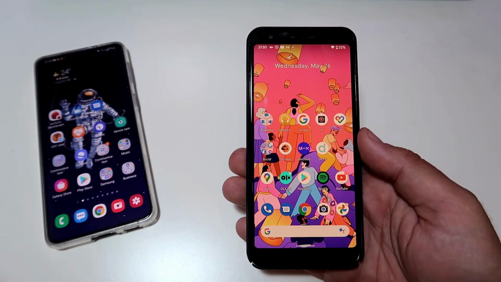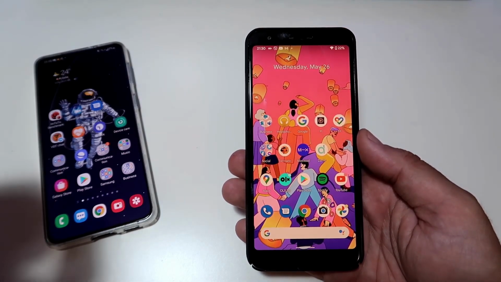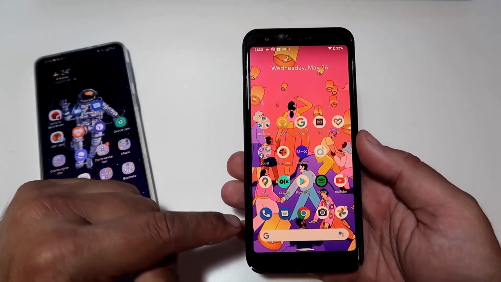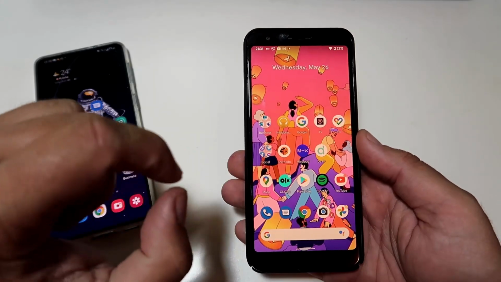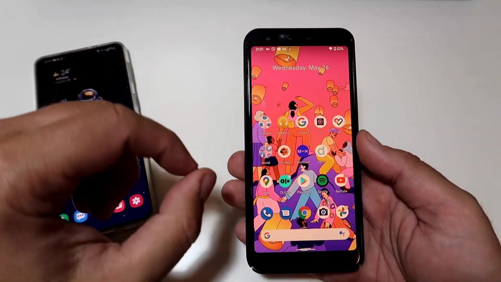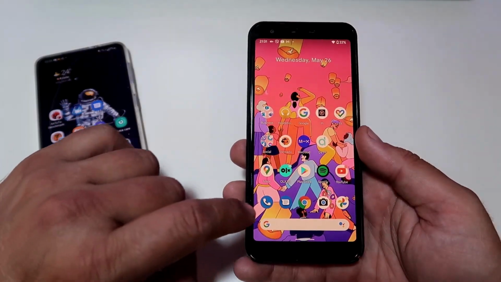4 new changes to stock Google applications. This is what I'm going to be covering in this video, and we're going to be starting with the very first one, which is the Google Phone app. Now bear in mind I'm using right now the Pixel 3a running on the latest Android 12 Beta 1. So always check your versions. Let me open the phone up and show you.